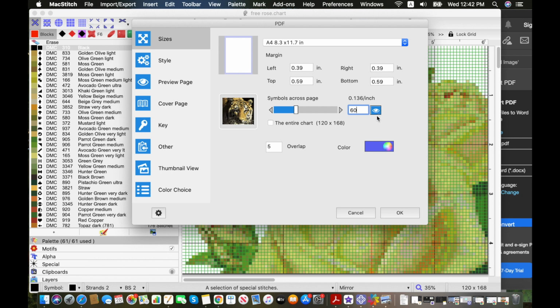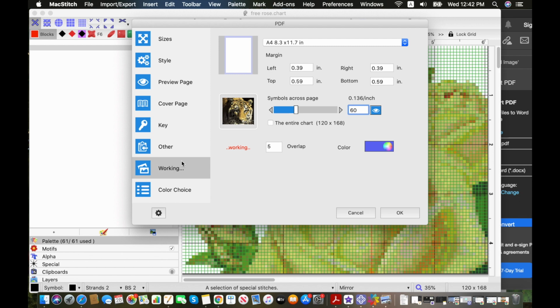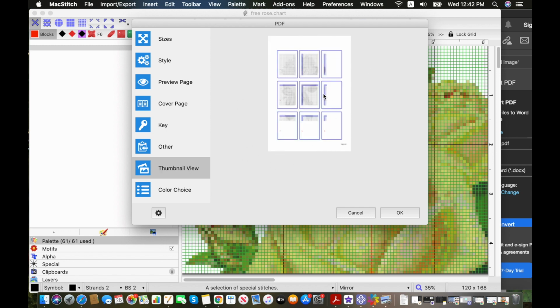It's a little hard to imagine that, so I'm going to click on this little eye, and it's going to come up with a thumbnail for how many pages this would take and what that will look like if I decide to go with 60 symbols. And you can see that given the size of my chart, that works up to just 9 pages